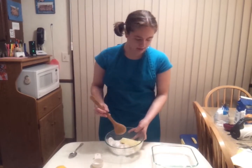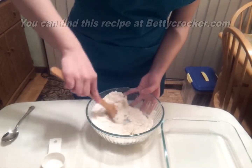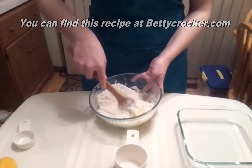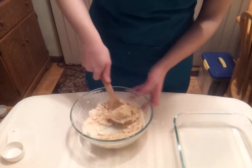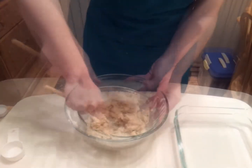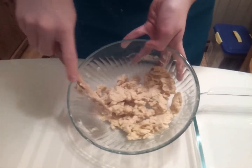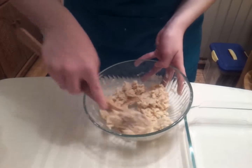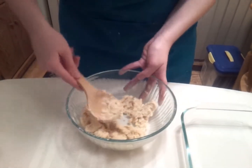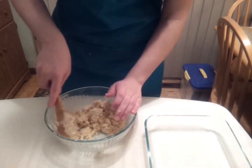And we will mix. The lemon bar recipe was invented by Betty Crocker and is published by them in 1963. Since then, many different variations of the recipe have been created. You're going to want to mix it well, kind of like this. See how it kind of looks more doughy than it does more powdery as it had been? Once it's kind of like this, you're going to want to take this dough